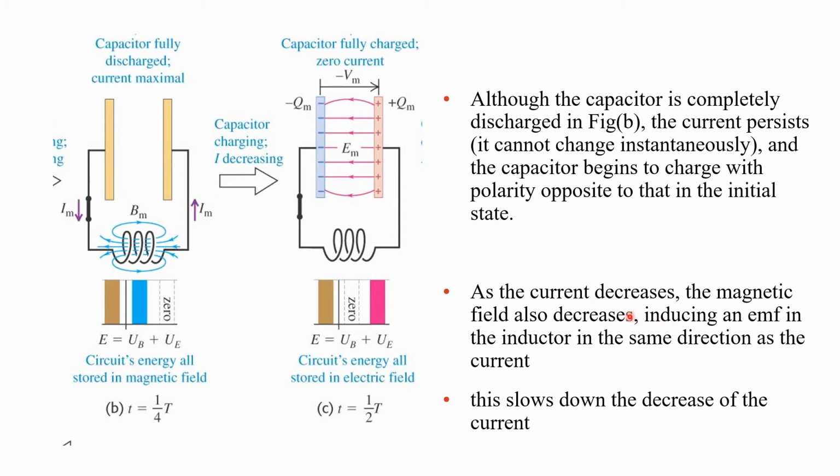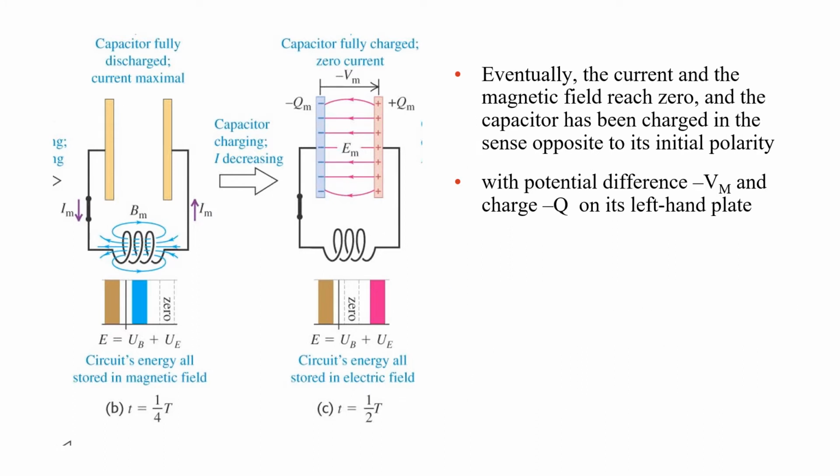As the current decreases in your circuit here, inducing an EMF in your inductor in the same direction as the current, this slows down the decrease of the current. Eventually, the current and the magnetic field reach zero, and the capacitor is now fully discharged in the sense opposite to its initial